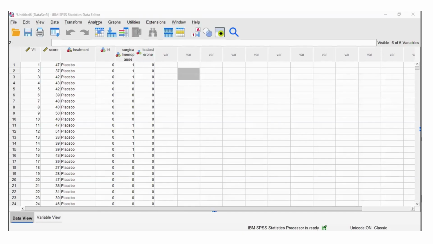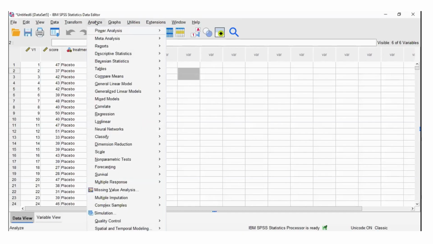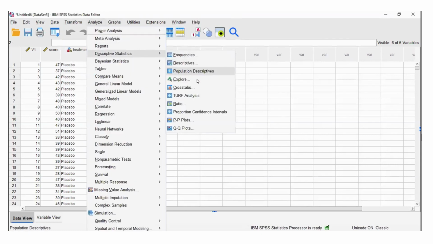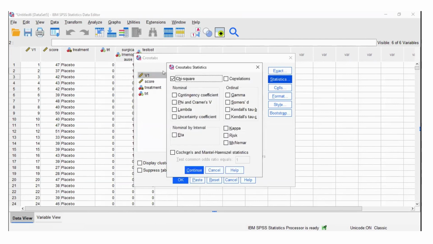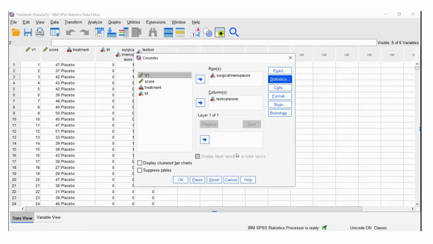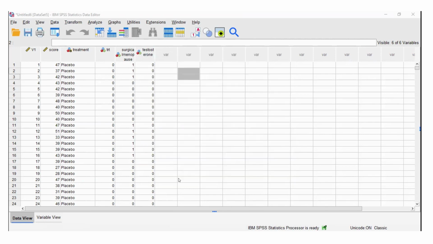Analyze, descriptive statistics, first tabs. Surgical menopause on the row, and statistics. I think this is where I got it wrong. The surgical menopause is on the row; mine was on the column. Continue. Yeah, but that shouldn't matter.